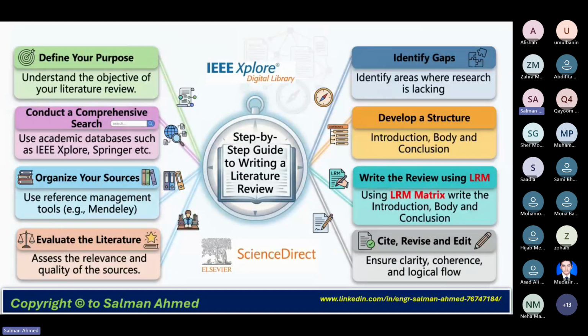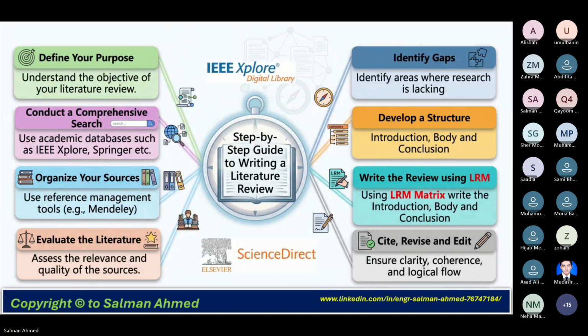After that, there is evaluate the literature. I already told you that the quality of the sources should be perfect, so that there is not any question from the evaluators that your cited sources are not perfect. The second thing is the research gap. When you do not cite authentic sources, obviously the research gap will also be considered suspect.